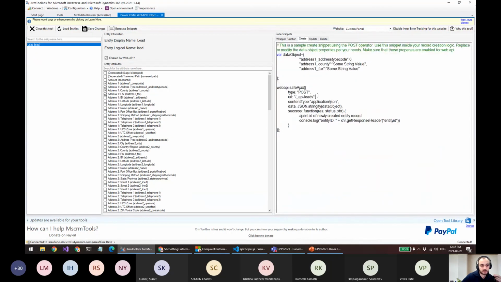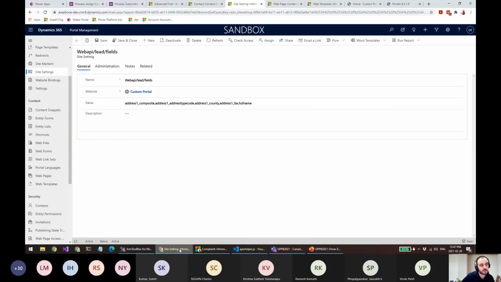If you want to just copy paste these, I also populate the entity logical name, the plural name, plus the fields you selected or the ones that are able to be created. It might not do everything, but it's a quick start to create your site settings if you have lots of fields to include. What I found useful as well is